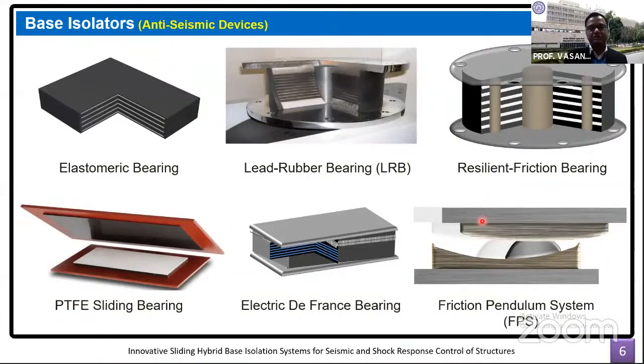There are different types of isolation devices, and these are very representative isolation systems presented on the slide. There are a large number of such variants and different types of isolation systems. In particular, rolling isolation systems are not shown here. Some of the rolling isolation systems we have also been able to implement in industry, as shown by Professor Jangid, for equipment isolation or for mitigating machine vibrations. However, in today's presentation, I will focus more on the friction pendulum type of isolation system, which has been used in a real-life project in India.